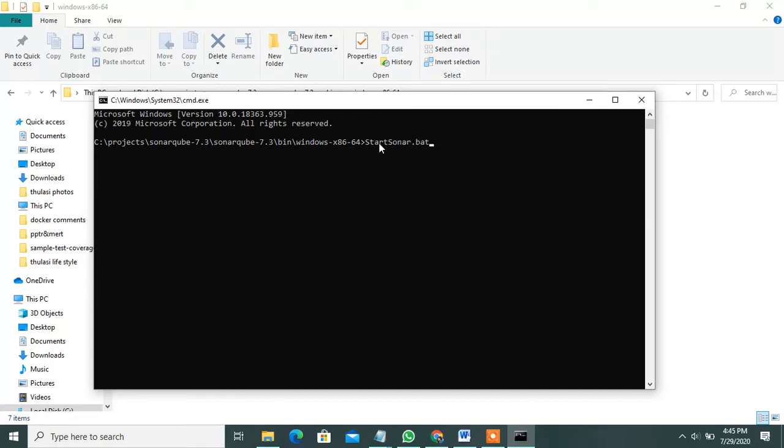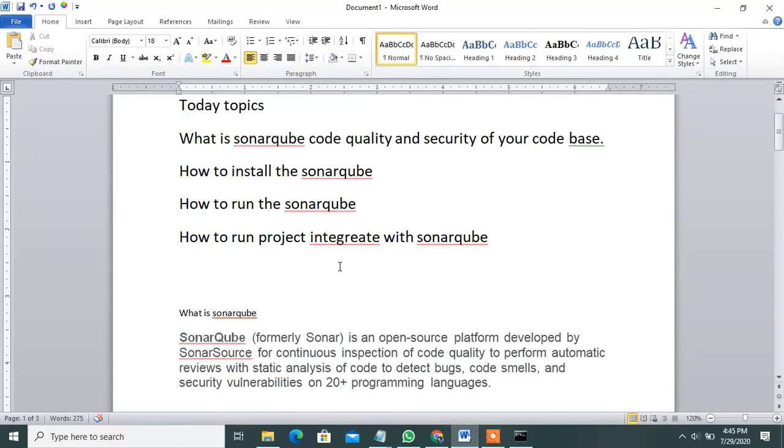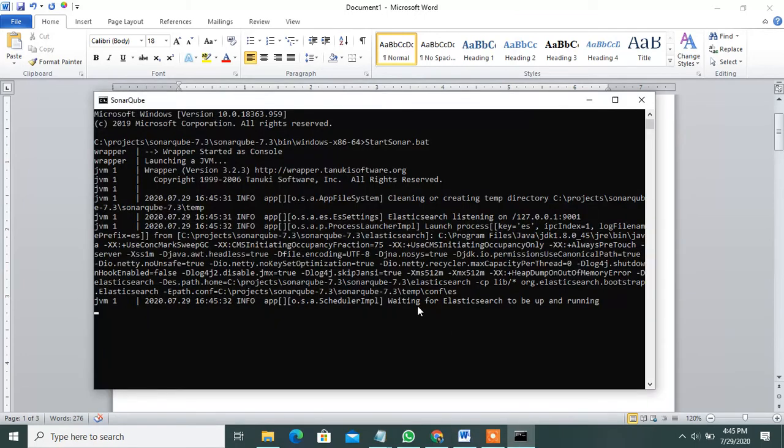Run StartSonar.bat. See, this command is very important. I will share this command also. Observe how to run the SonarQube server.